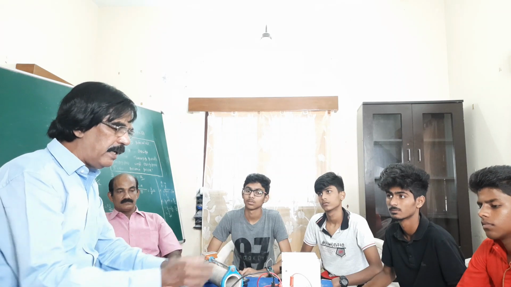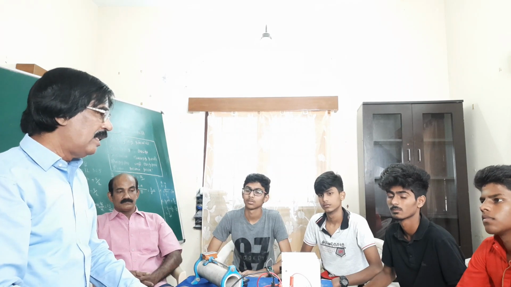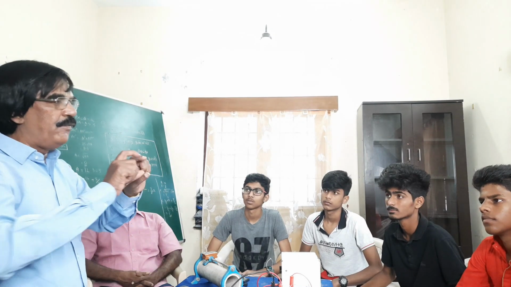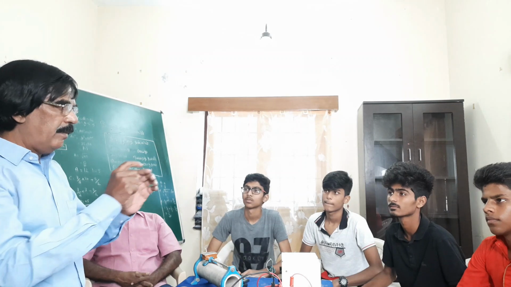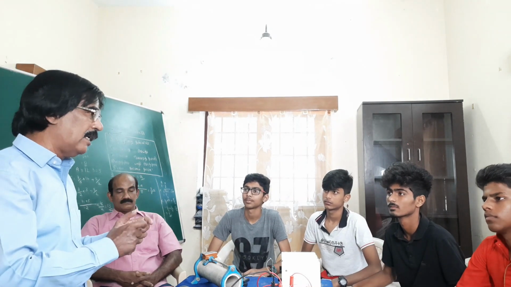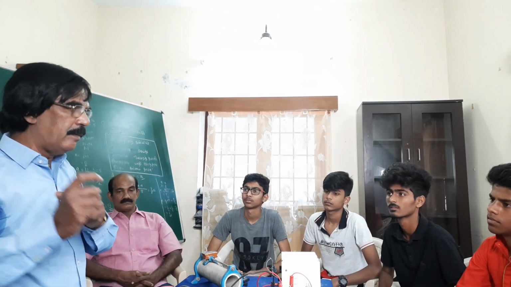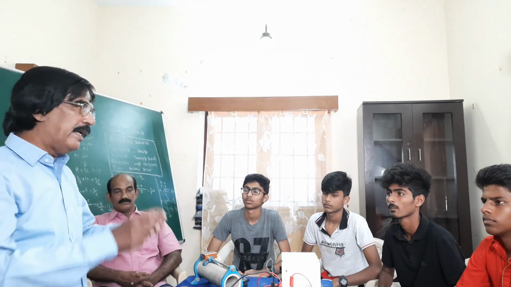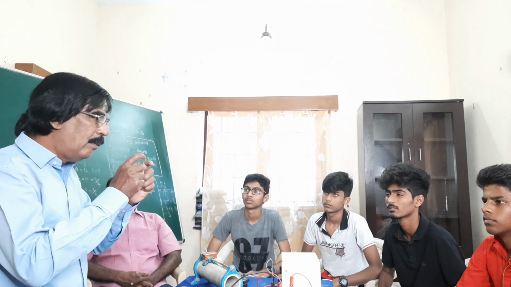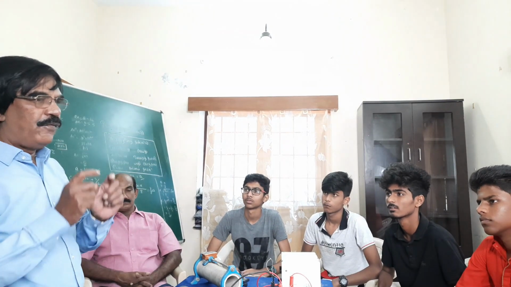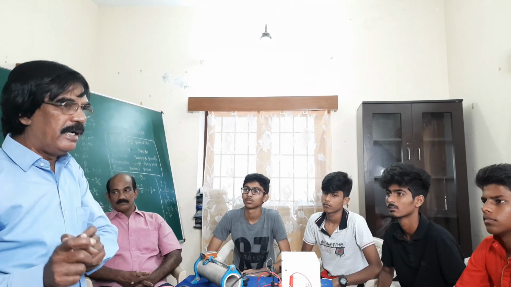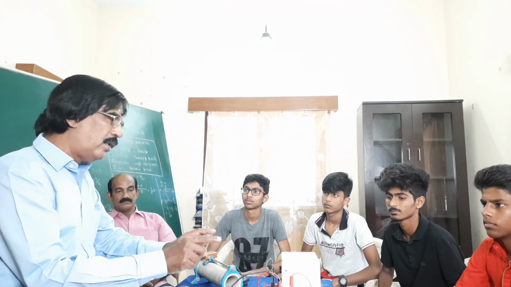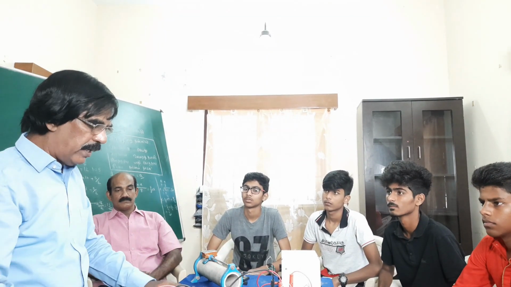And one important thing, normally you will not be taught this: how to understand the minimum possible reading of the voltmeter and ammeter. This is a little deeper. For example, if you take a meter scale, centimeter, below centimeter, millimeter: 1 centimeter, 2 centimeter, 3 centimeter, like that, and below that millimeter. Millimeter is the least count. If you take a screw gauge, what is the minimum possible reading? If you take a vernier caliper, the minimum possible reading. Like that, this also has it. Normally, there is no need of seeing all these things, but still you should know it.